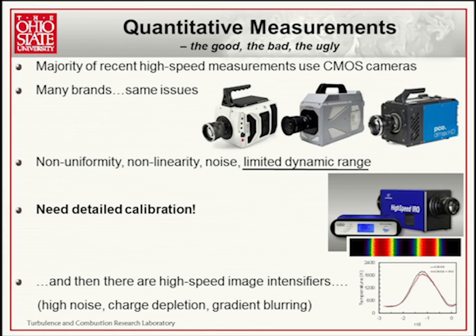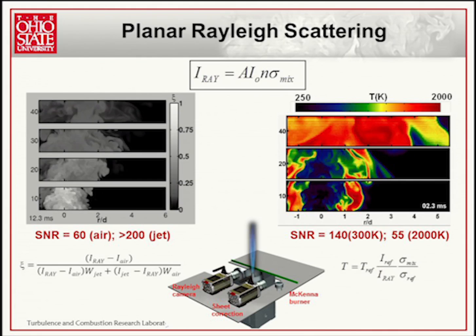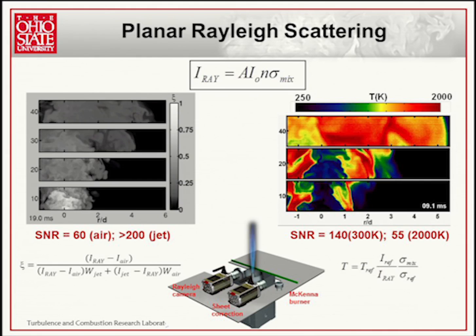You get gradient blurring. You end up getting charge that spills to your camera, so you get incorrect gradients, or you can even get to the point where you cannot get an appropriate representation of an intensity response function on a single pixel. Okay, and so the bottom line is that they need detailed calibration. Okay, which many people do, but it's something we need to take into account. Okay, so now once we do take the time to calibrate these things and go into measurements, the first example